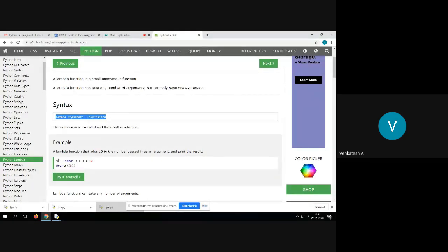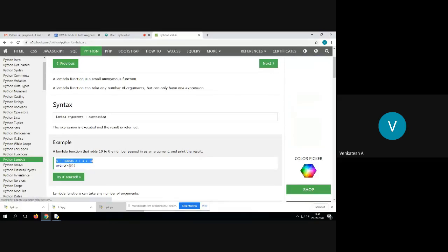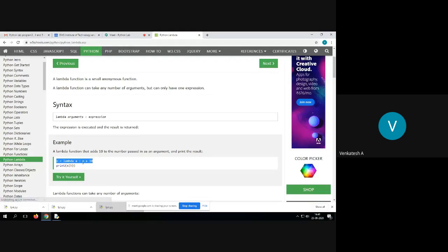So the example is, see here, you have x is equal to lambda a. This is an equation, and the definition of the equation is a plus 10.